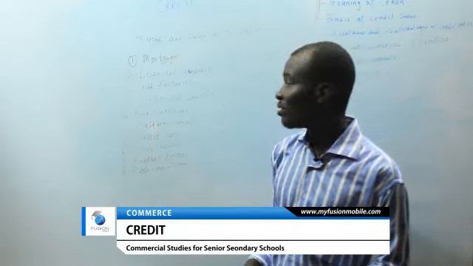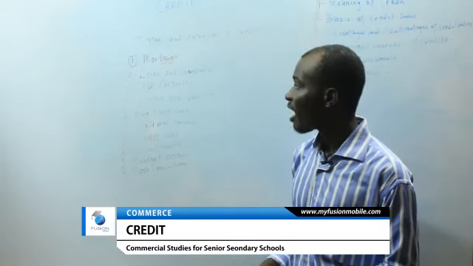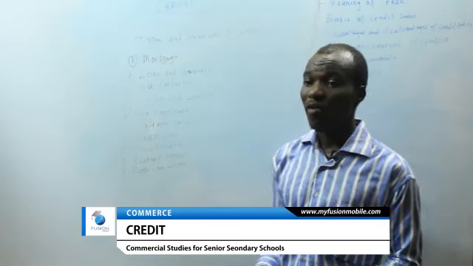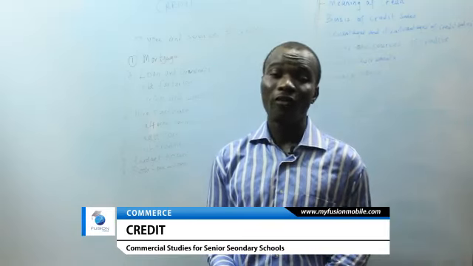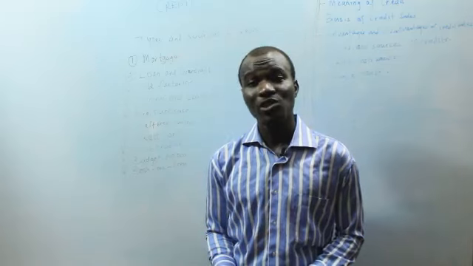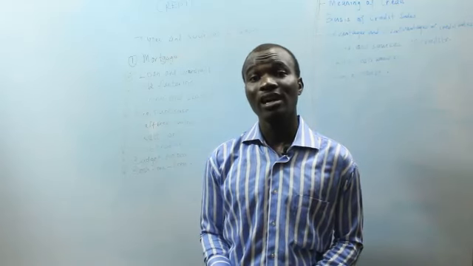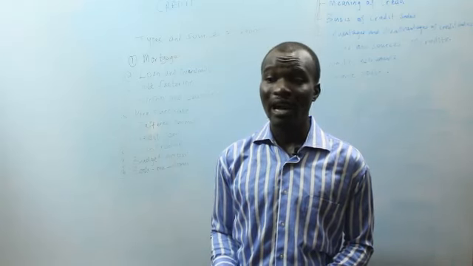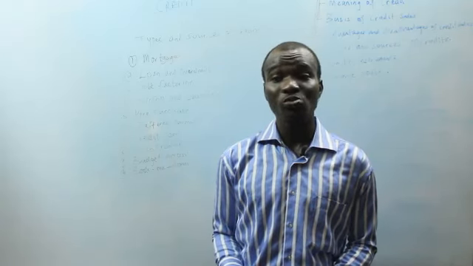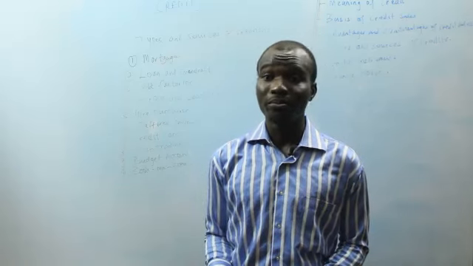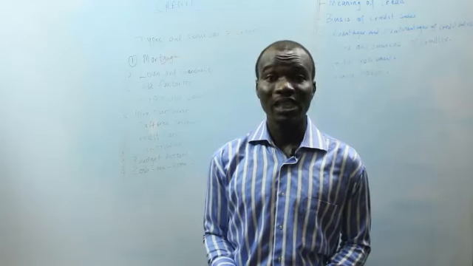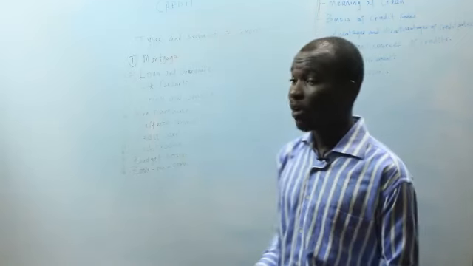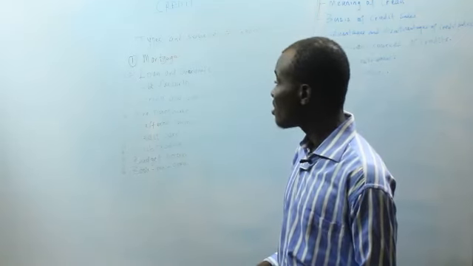Now the next thing we have is to look at hiring and leasing. This occurs when the owner of a landed property gives the right to another person to have an exclusive right to make use of his property in return for a fixed amount of money or a fixed payment. That's what we refer to as leasing or hiring.